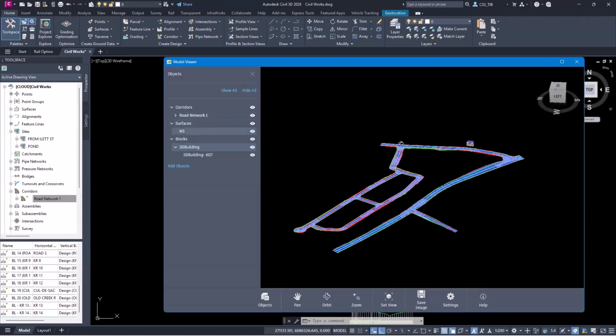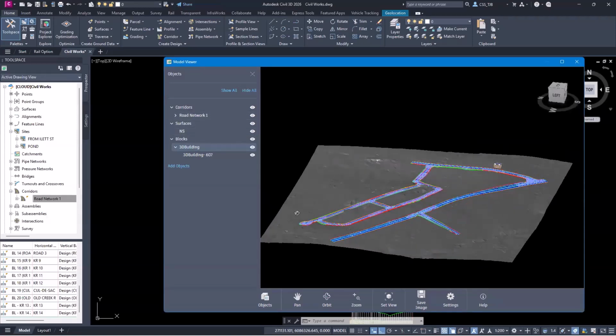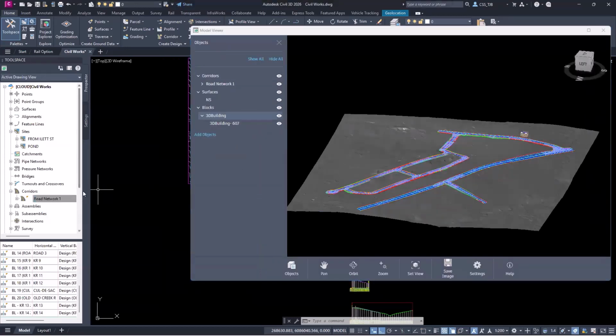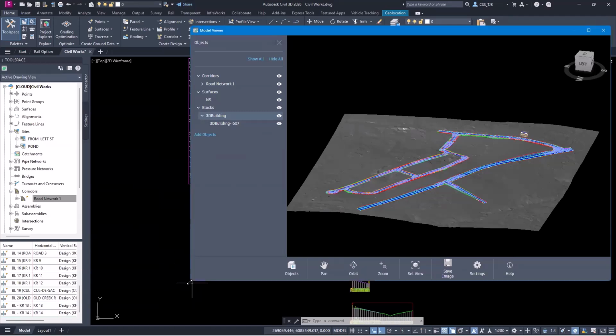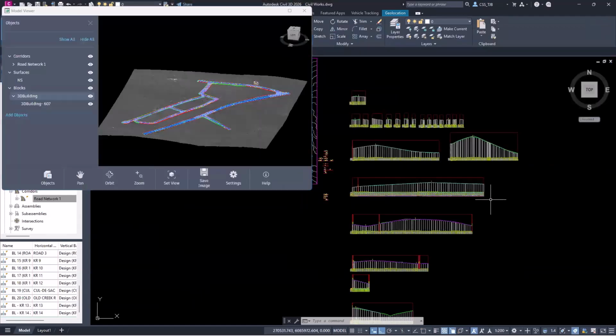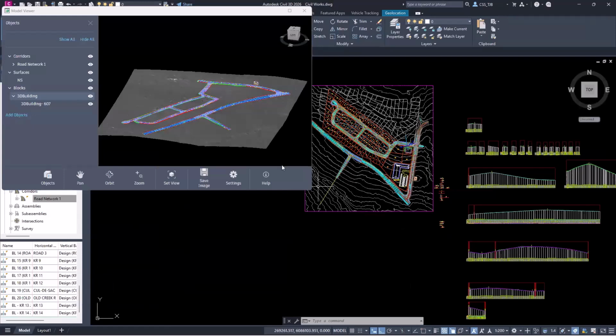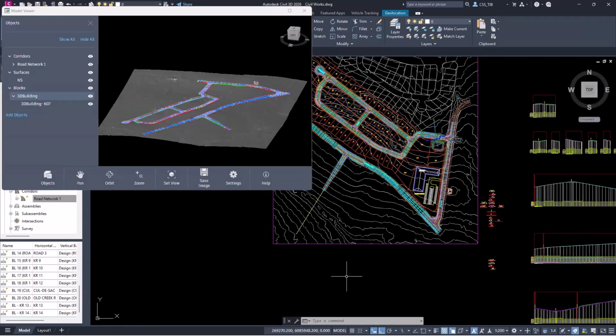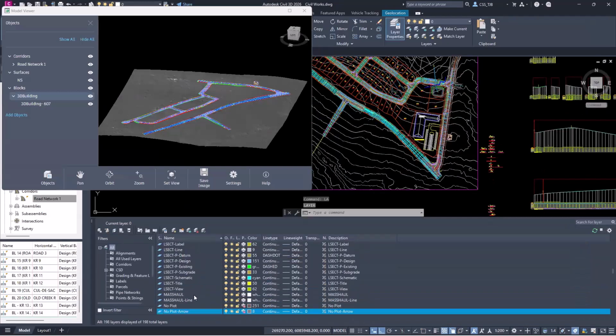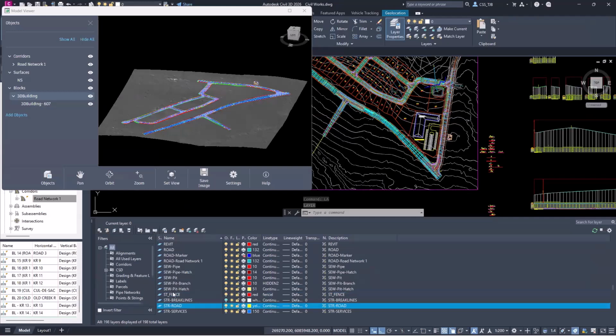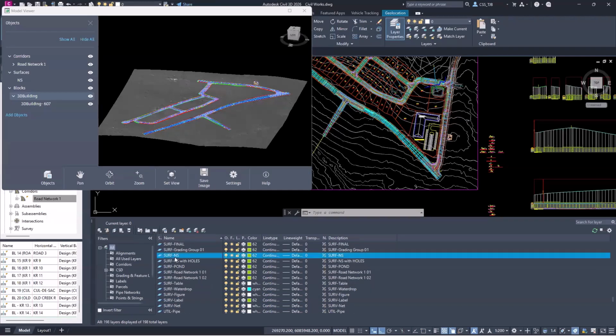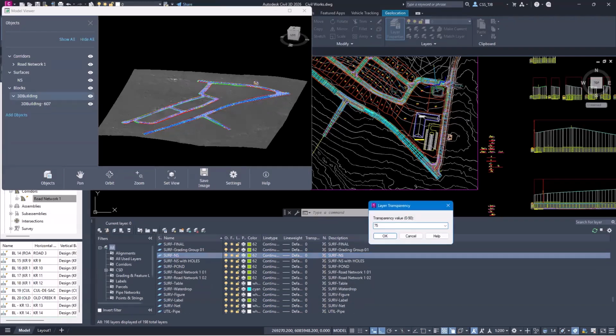So next thing I was going to show you, if I put the NS back on, if you want to make changes to the way these things look in the drawing, you can actually make changes to the objects live. I might just make things a bit narrow. I'm running out of screen real estate. So for example, if I wanted to show that surface, but I want to show it transparent, I can actually do that by the object layer. So this thing's been built on Surface NS. So if I actually set the transparency to something like 75%,